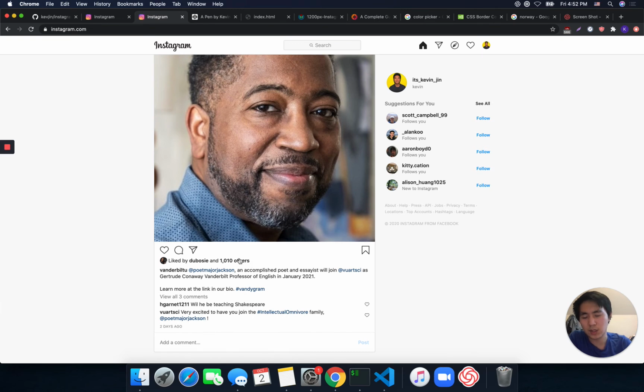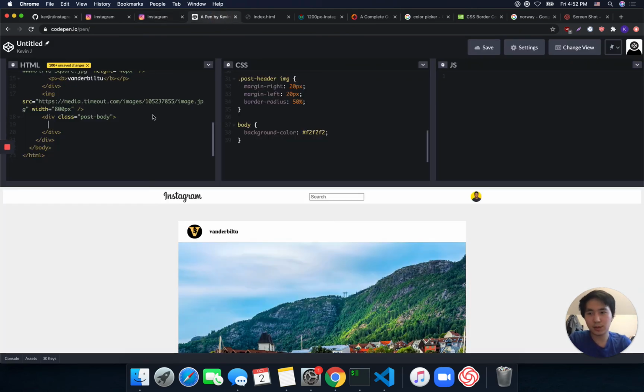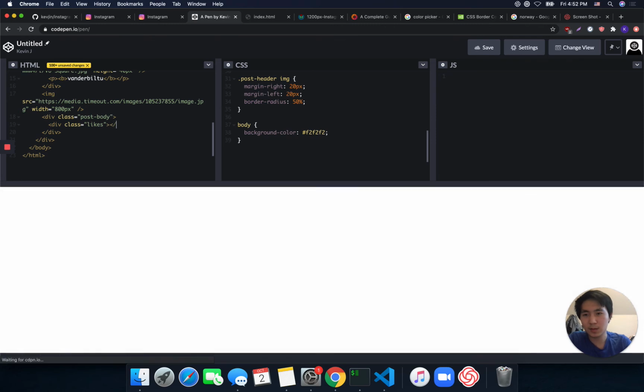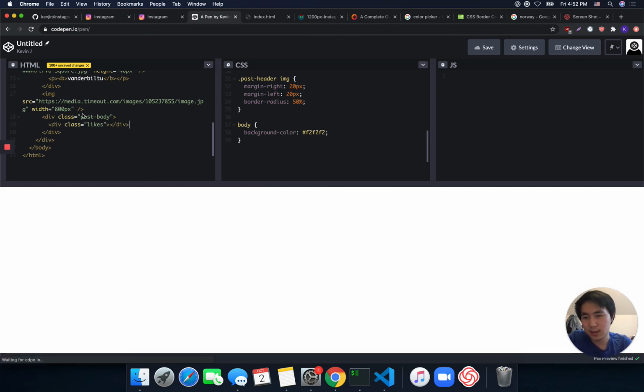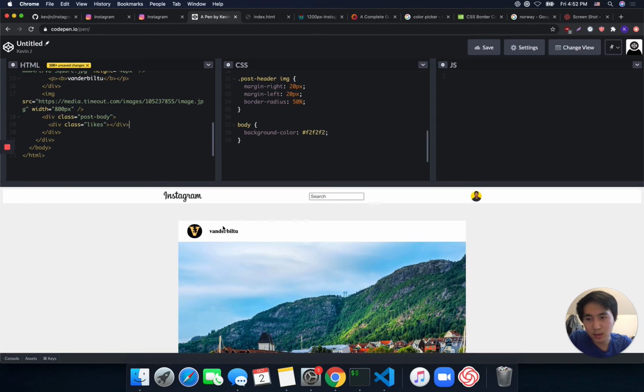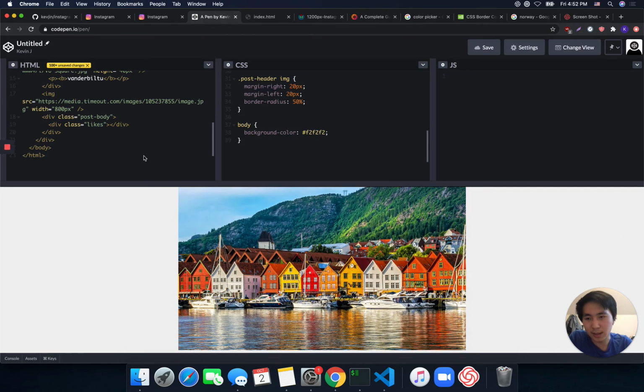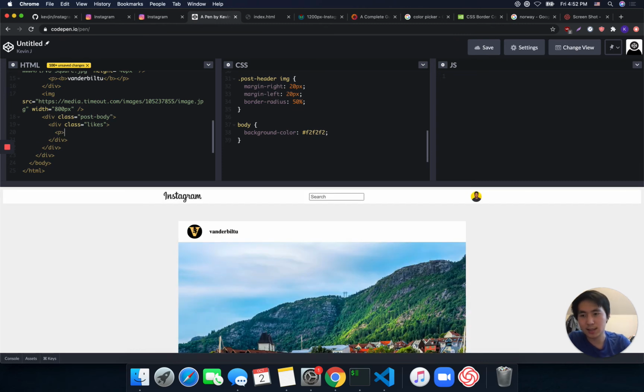So like I said, likes, post description, and also the add a comment input box right here. So let's create that. Let's call this likes. I'm guessing we'll need to style that, which is why I give it the class. And let us create a p tag inside this likes that will allow us to add some text to it,